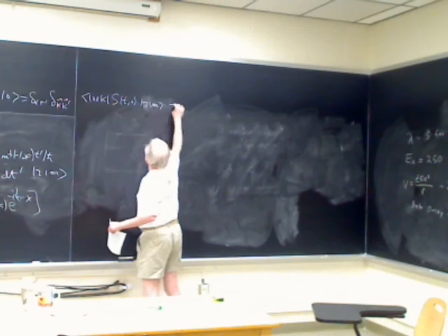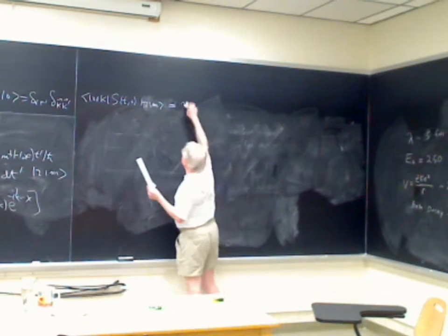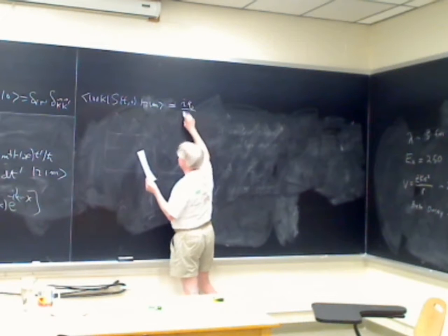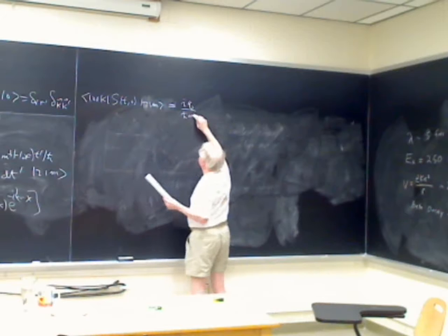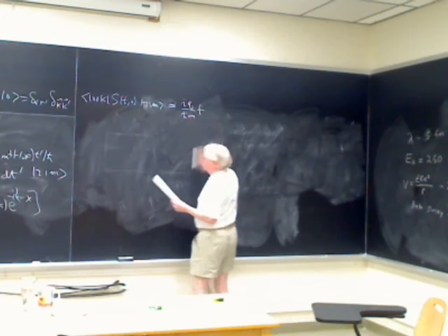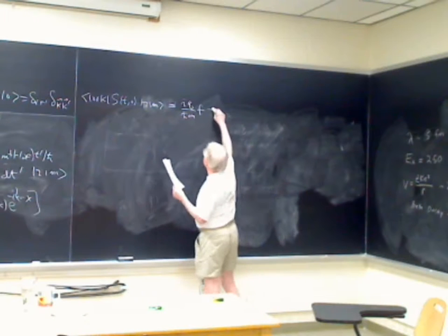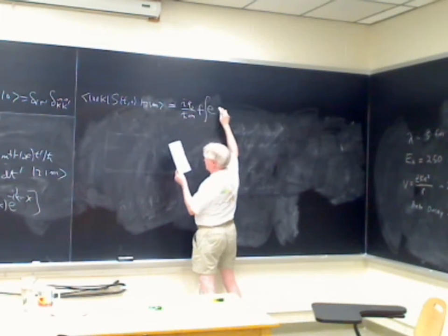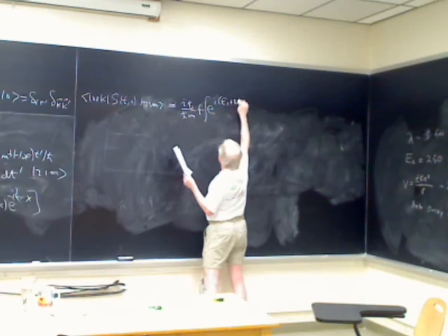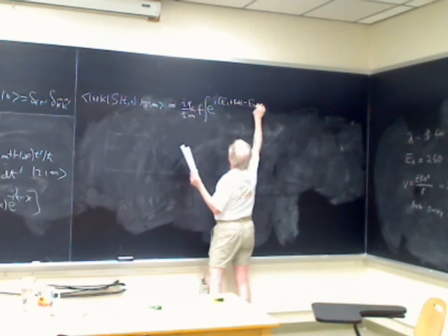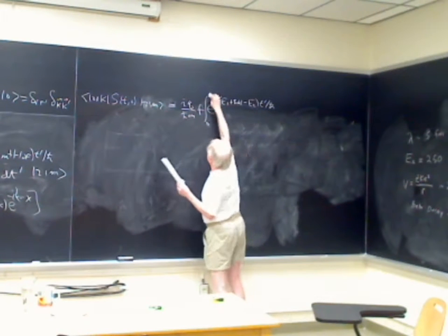2, 1, m. Okay, so then this is iq over h bar m, and maybe I'll use that abbreviation, f, for that square root, and then go e to the i (E1 plus h bar omega minus E2) t prime over h bar, integrated from 0 to t,